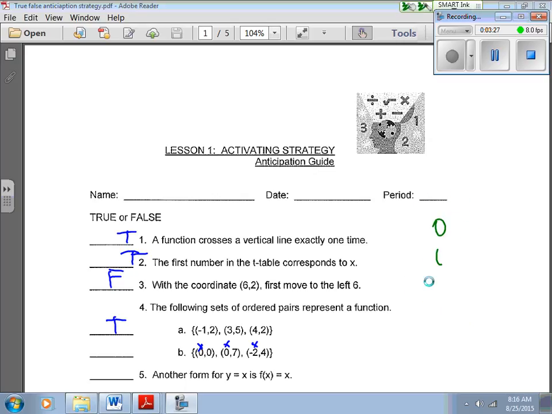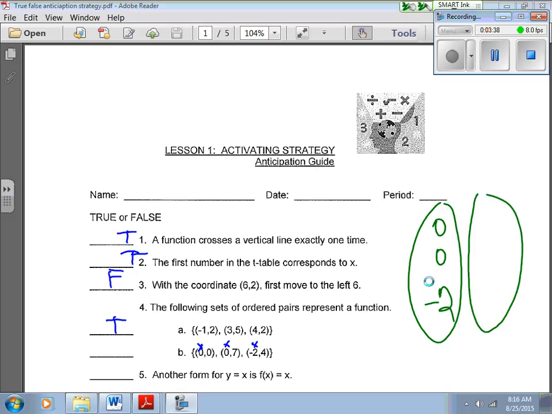So 0, 0, -2. Those are all the x values, right? And then the other values are 0, 7, and 4. 0 goes to 0, but then 0 goes to 7. Right there it went to two different ones. It's the same number, isn't it? So technically then, we could do this. We'd only have to write the 0 once then. And we would have,